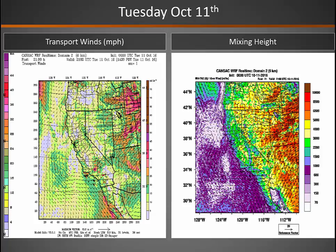And breaking down those individual components, on the left, transport winds, you can see quite strong across Idaho and parts of Wyoming, and even across a good portion of the Intermountain Range of Utah into the Arizona Strip. A bit lighter where we have that lesser dispersion level across western Nevada. And on the right-hand side, you can see our mixing heights. Anything in the yellow to red indicates good overall mixing above 3,000 feet and locally above 5,000 feet in some